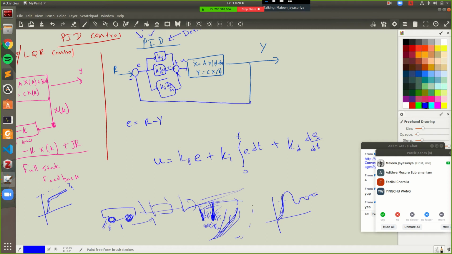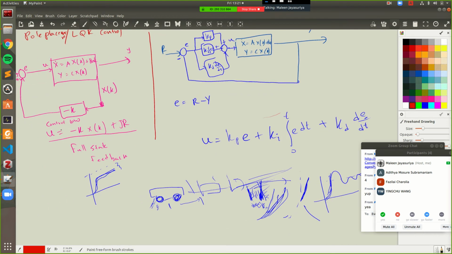By looking at that, if the gradient is very high, you can see that there is a steeper, faster increase or faster decrease of your error, and by adjusting this Kd value, you can control that, right? So in LQR control, this is what our control law looks like. In PID, this is what our control law